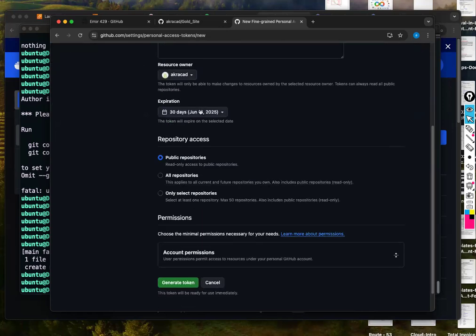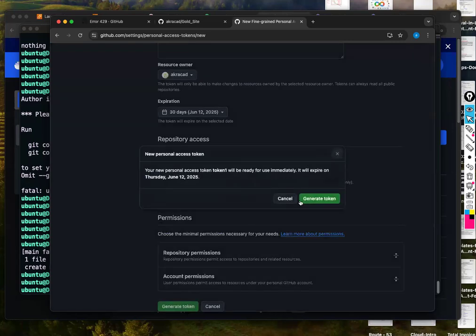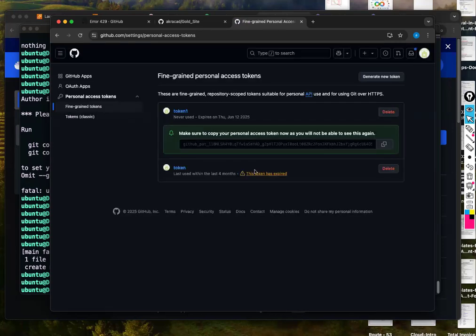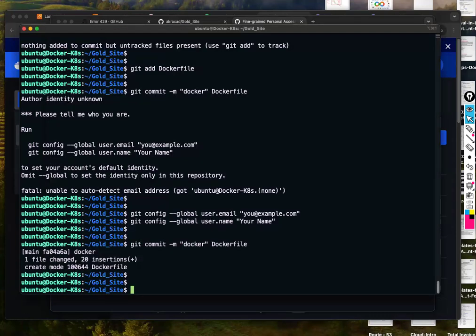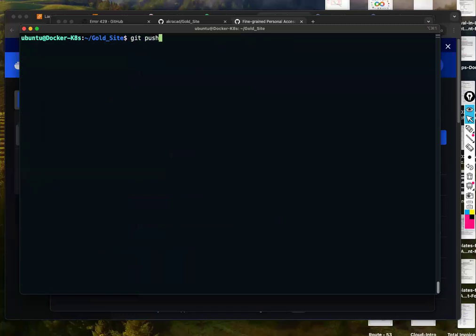Owner, I'm the owner. Expiration 30 days. Public repositories, or I can just select all repositories. Generate. Now I'll just copy this token. I generated fine grain, huh? No problem, doesn't matter. So now if I say git push